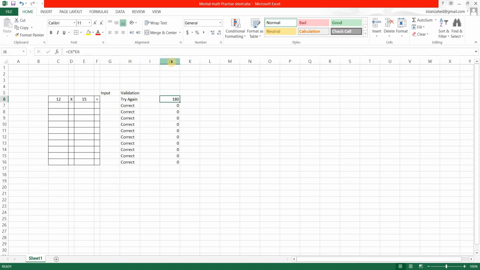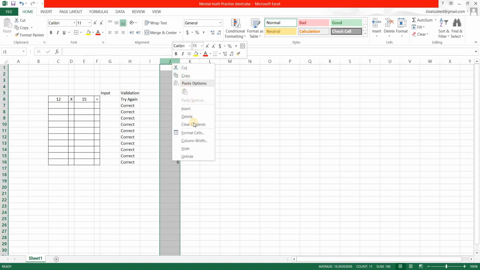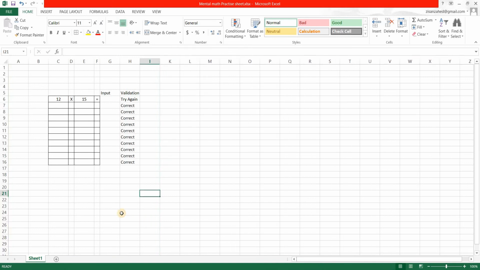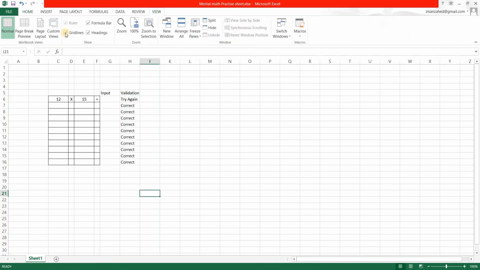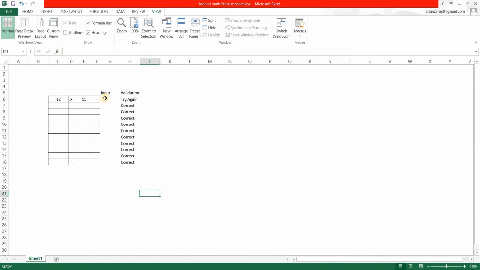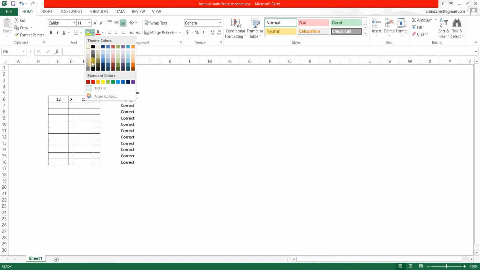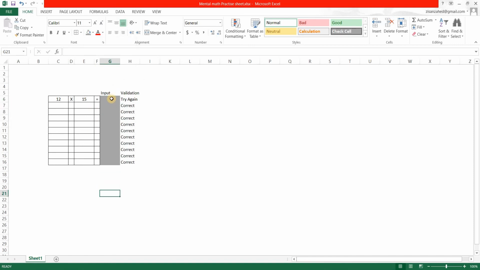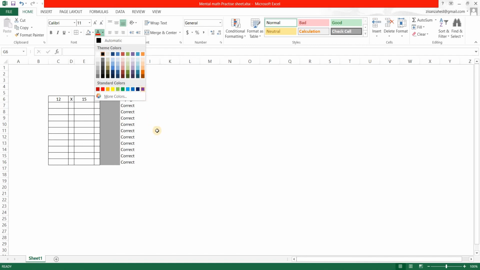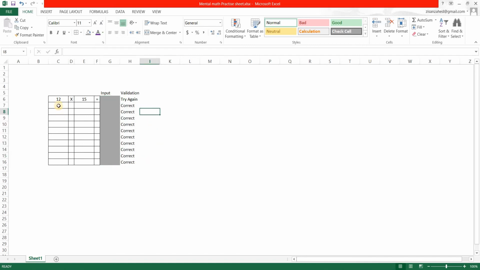And what I'm going to do now is I'm going to hide this entire column. There you go. Now from view, I'm just going to remove the grid lines. Here are the input cells. Let's give them a bit of a color. I like colors, so there you go. And the text color for them, let's give it a color we can see in there. I don't like the yellow color. Let's try purple. Alright,